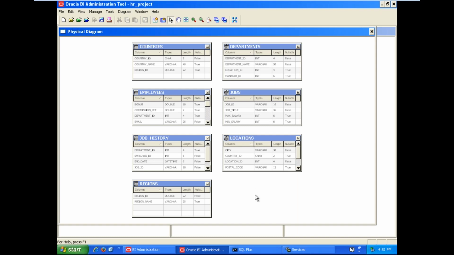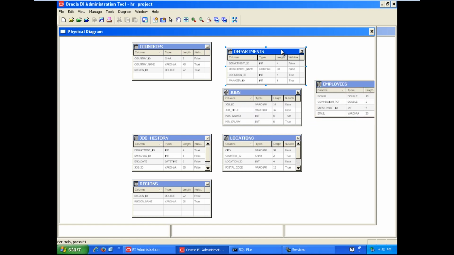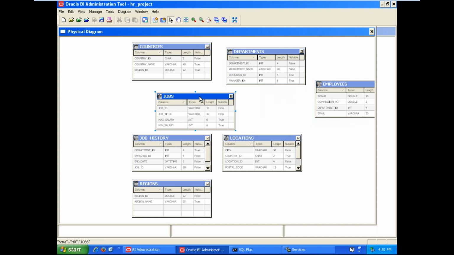In this physical diagram, we can apply the relationships. Okay, here we already verified which one is parent and which one is the child. Again, I can explain. See, this is the employees table, and this is the departments table. We already verified each department has many employees. One department, many employees. One means parent, many means children. Each parent has one or more children. Each child has one and only parent. Each department has one or more employees, and each employee is working for one and only one department. That means the departments table is a parent table and the employees table is a child table.